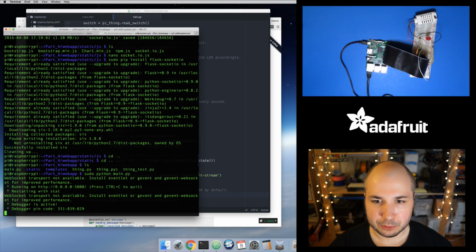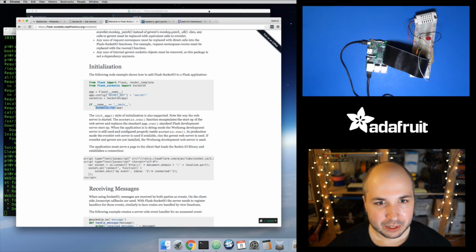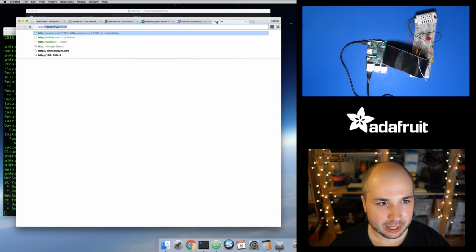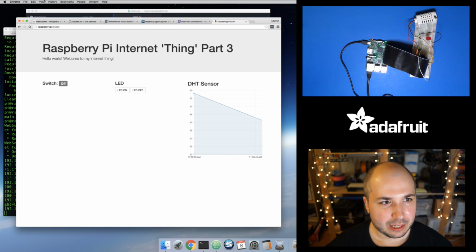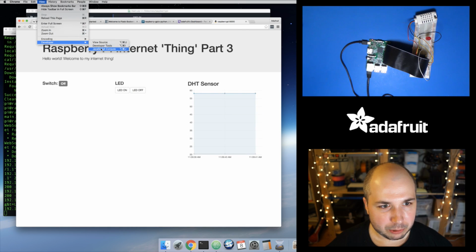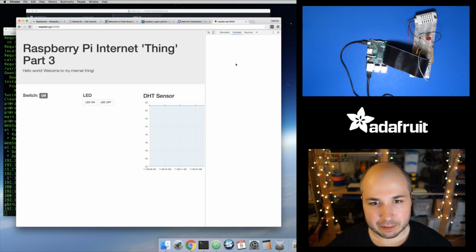It falls back to the Flask web server, but the Flask web server doesn't technically support WebSockets. So technically I'm not using WebSockets in this example, but the cool thing is my code doesn't know that and doesn't care. So I could add those servers, upgrade this thing, and then it'll use fancy WebSockets, but it's all transparent to me. So it's falling back, it's using long polling, and that's okay because it's still going to work. So everything's great. So okay, let's go to the web page, and if I go to Raspberry Pi 5000, now if I open up the JavaScript console, we should hopefully see